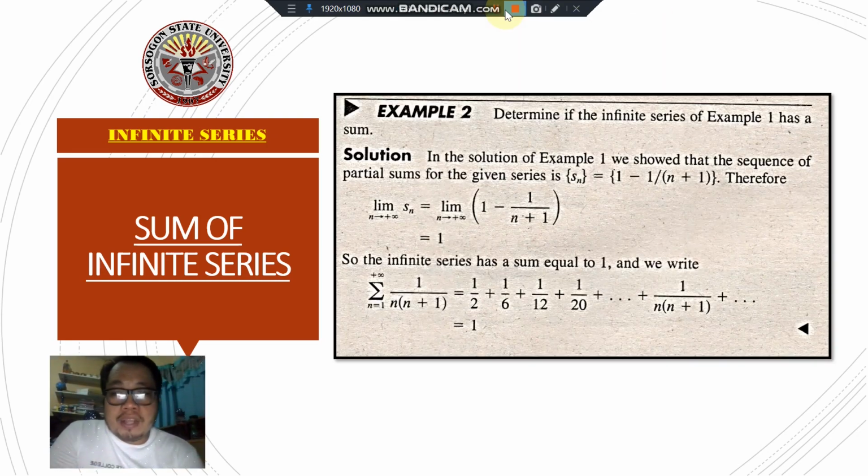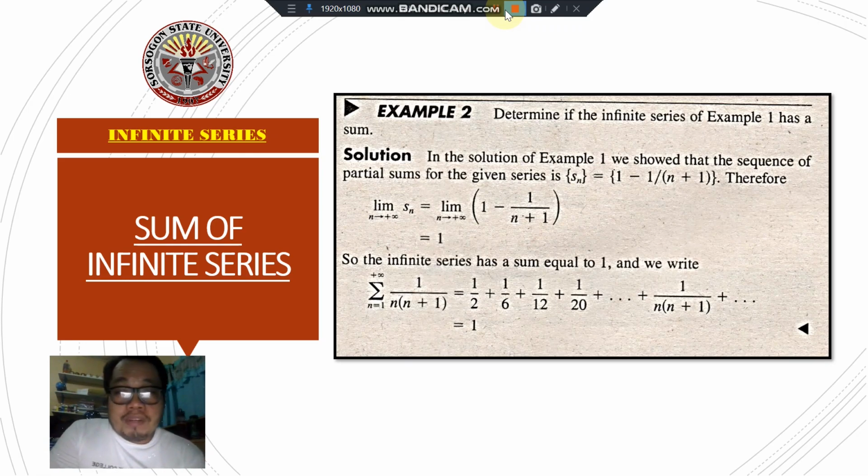So now let's have another example. Determine if the infinite series of example 1 has a sum. Now for its solution, in the solution of example 1, we showed that the sequence of partial sums for the given series is S sub n, that is equal to 1 minus 1 over the quantity n plus 1. So therefore, we're going to find its limit, which is denoted by the limit of S sub n, where n approaches positive infinity, and that is equal to the limit of 1 minus 1 over n plus 1 as n